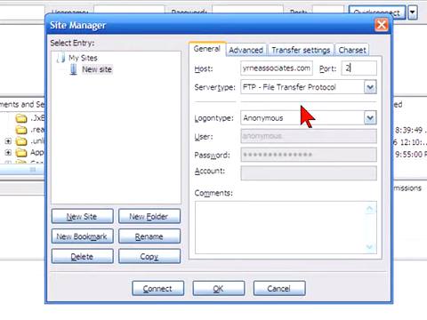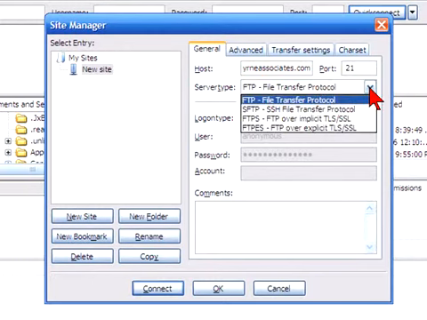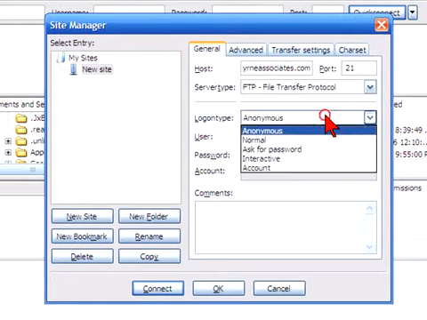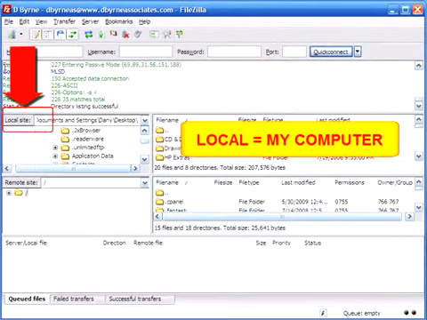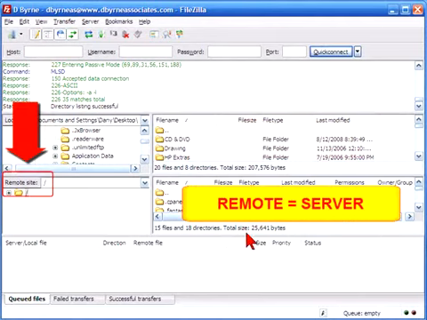Bluehost has let me know that the port number is port 21, so I enter it under port. There are several different FTP types, but you'll probably want to just use FTP, File Transfer Protocol, and switch the type to normal. Enter your username and your password, which will be supplied by your web hosting company, and then click Connect. And your local computer is connected to the remote site, which is the server on the internet used by your